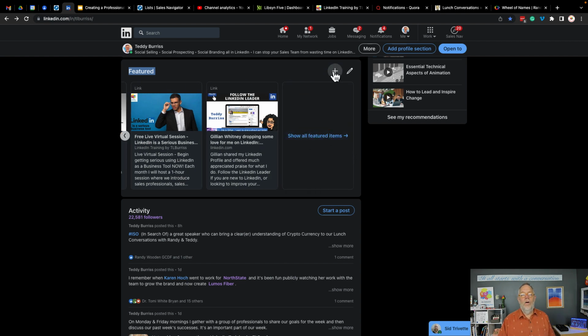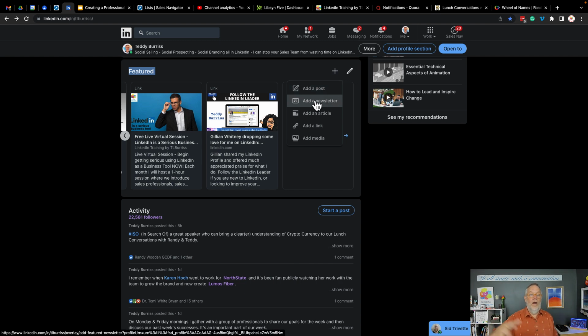But remember, the only content you want to add, whether it's a LinkedIn post where you grab the URL of that post, whether it's your newsletter or somebody else's newsletter, whether it's an article you wrote, you got to use links. All of these are links. These are LinkedIn links. This is a third-party link. Might be to your website, might be your podcast, your YouTube channel, etc. This is rich media.